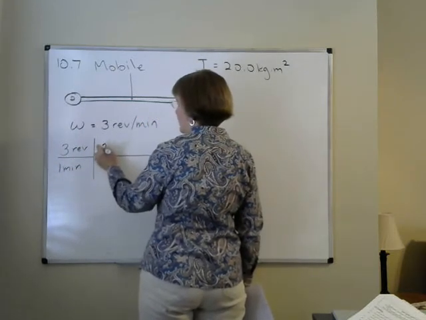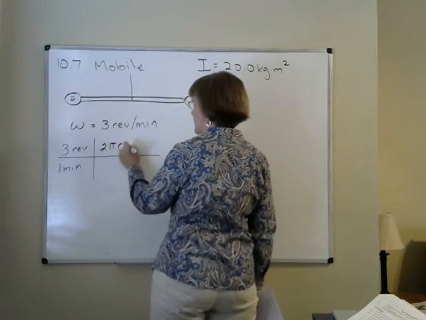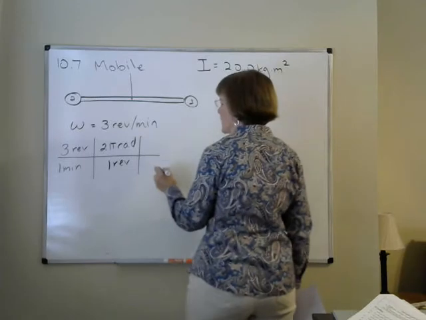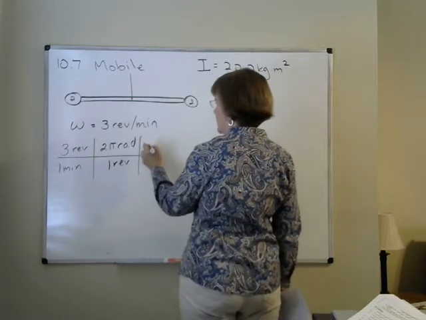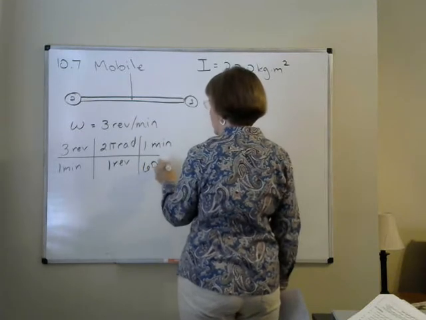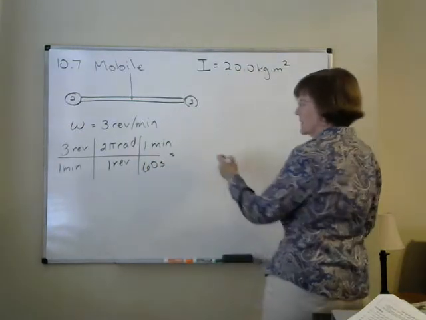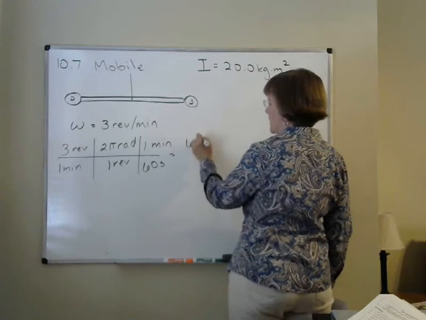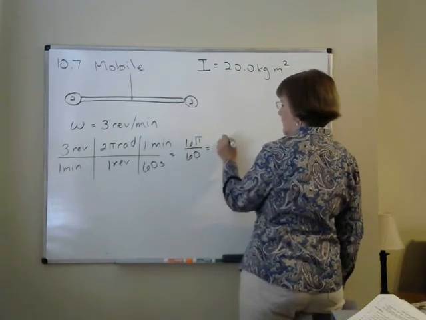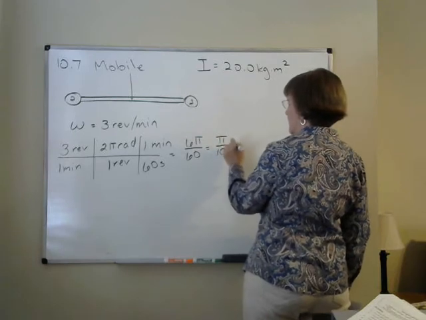I know that there are 2 pi radians in 1 revolution, and 1 minute has 60 seconds. Notice this comes out nicely, because that would be 6 pi over 60, or pi over 10 radians